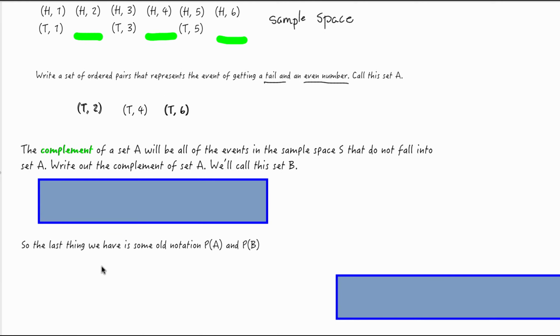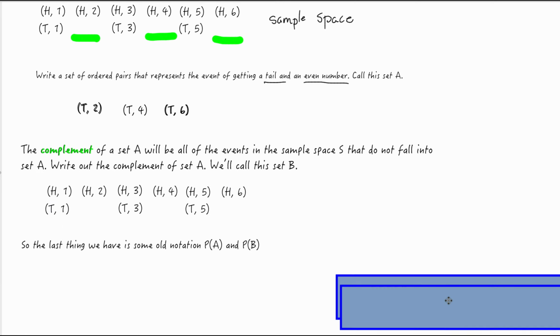Ooh, complement again. Oh, complement meant yesterday. Oh, we didn't learn complement yesterday. My bad. Complement is a new word. The complement of set A would be everybody we didn't pick. Oh, well, we picked the guys that were in this space, so the complement is the leftovers. Now we can call that whatever we want. In this case, I decided to call it set B. And for notation,